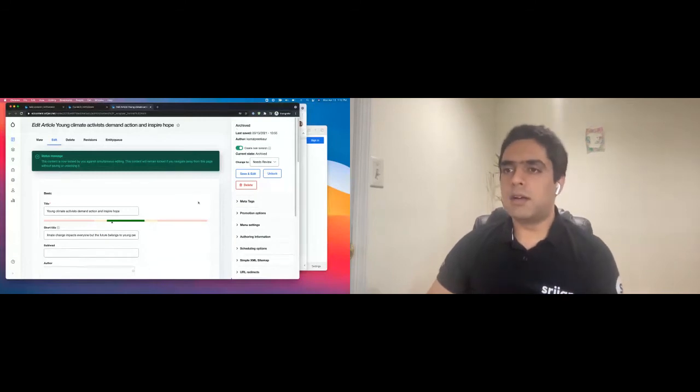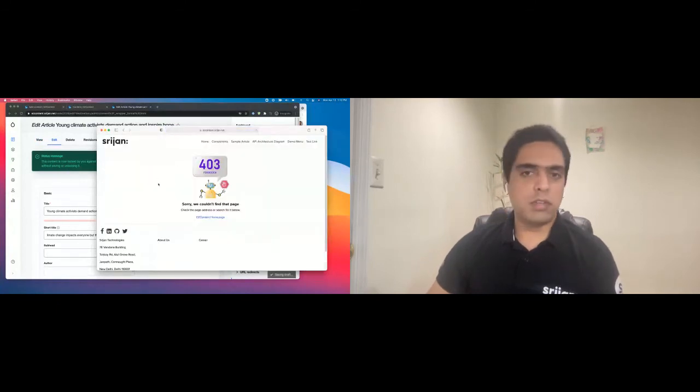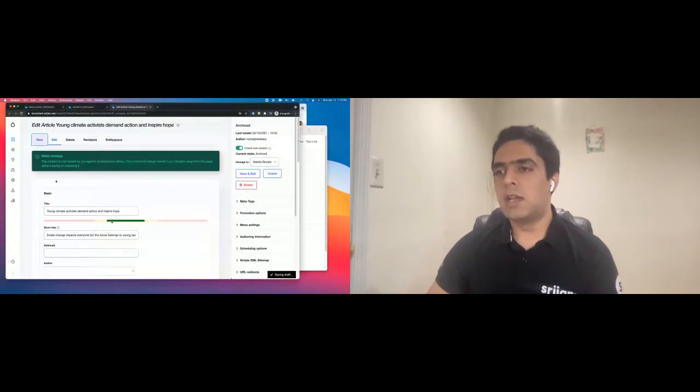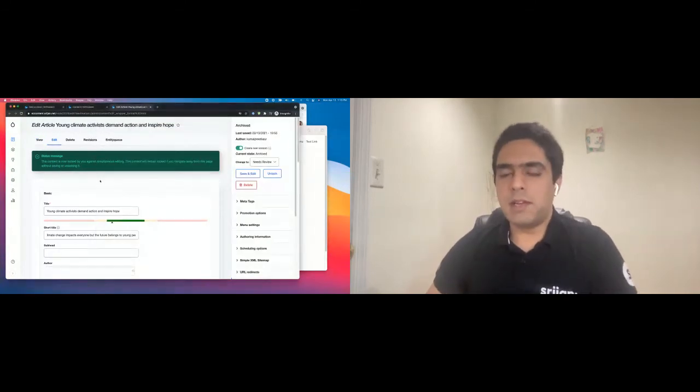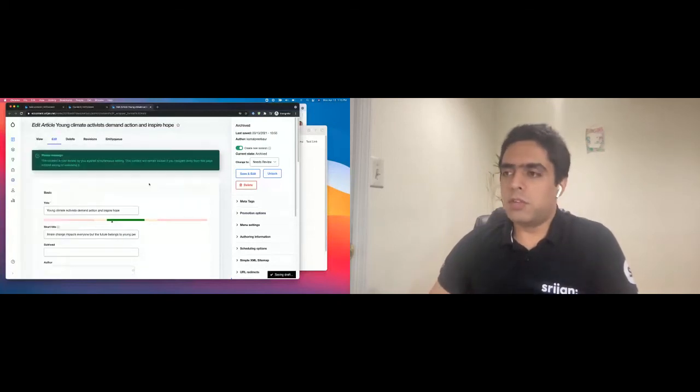And if I copy the URL, let me open it in another browser. So let me open this in Safari, for example. And it's archived, it's unpublished. You can see it's giving me a 403 access denied. So that's expected, right? It's unpublished. Now, if you implement a completely decoupled implementation, it's very hard to provide a preview, right? But what you can do is you can do something like this.